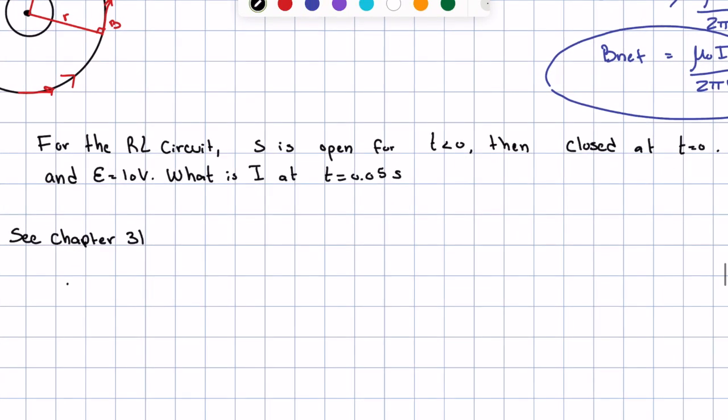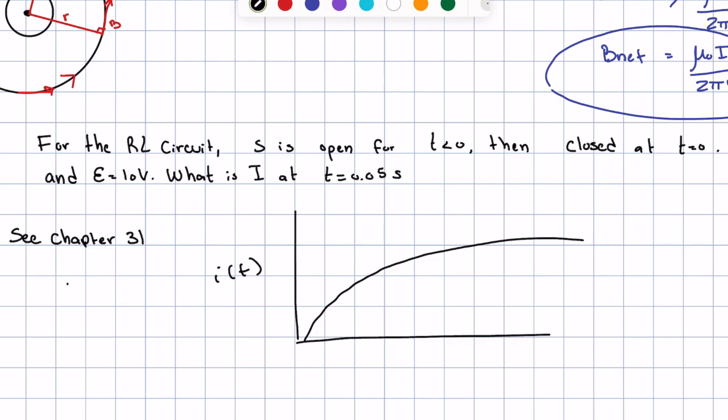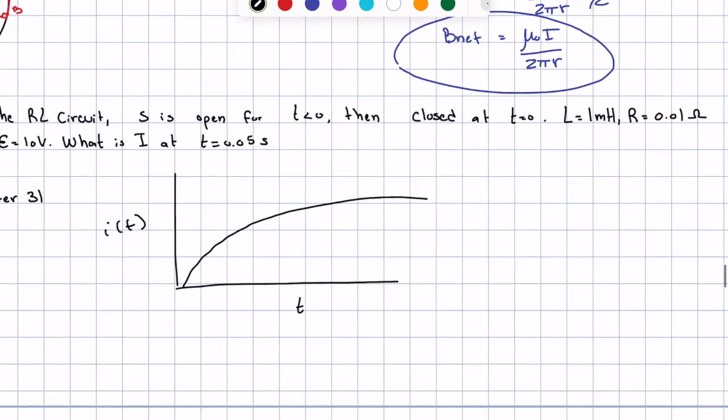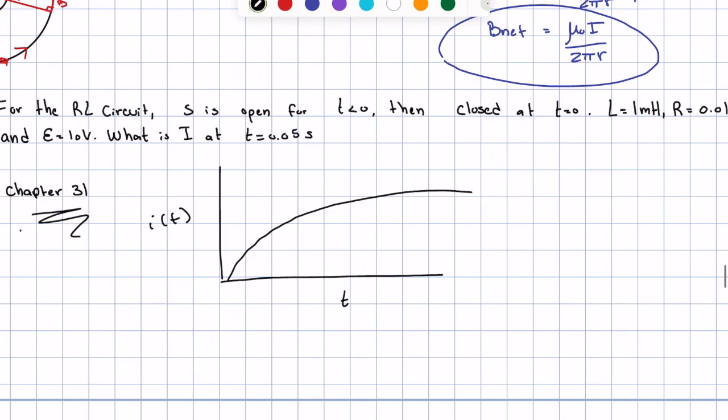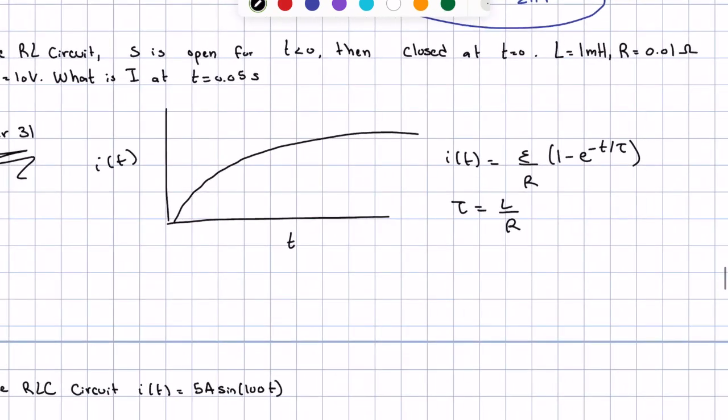So this corresponds to this graph here, where we have I of t, the current starting at 0 and increasing, and we know the equation relating to this from chapter 31. It's just I of t is equal to E over R times 1 minus e to the negative t over tau, where tau is equal to L over R. So that means I of t is equal to E over R, which is 10 volts divided by 10 to the negative 2 ohms, times 1 minus e to the negative t, where t is 0.05 seconds, times